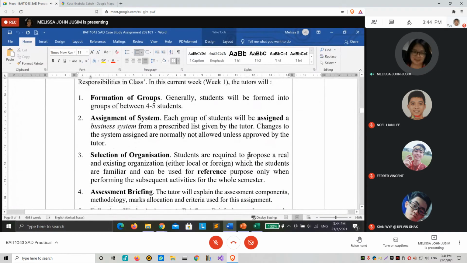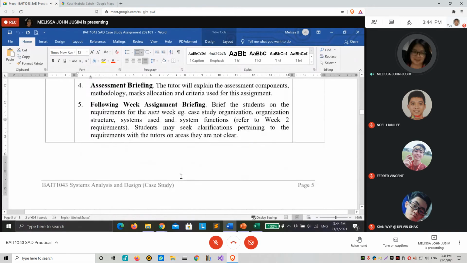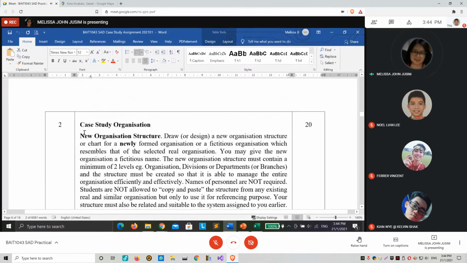You propose a real and existing organization, local or foreign, one that you're familiar with, but you only use it for reference purposes. That's why it's not that particular organization's structure, but a new one. You assume you have this new organization structure because we cannot use the real name.